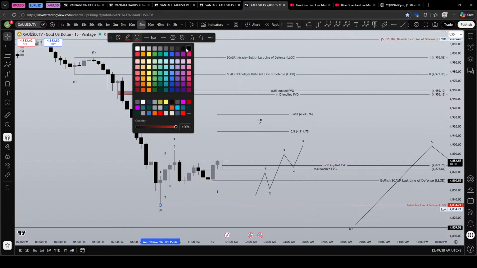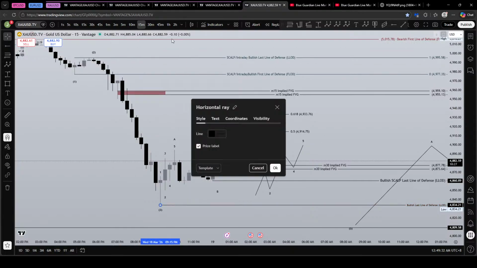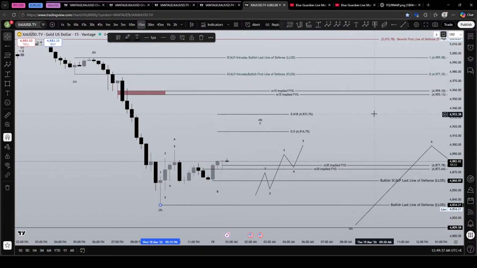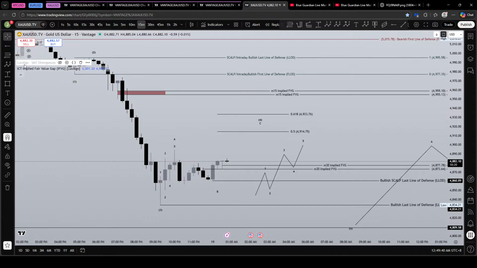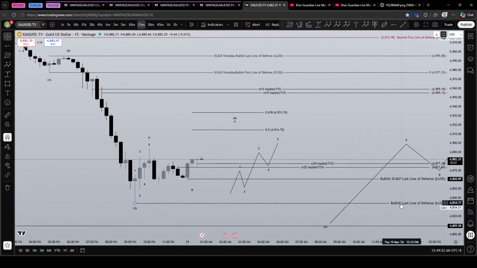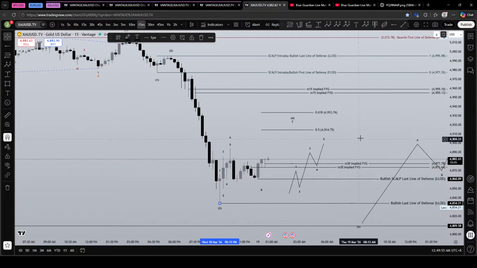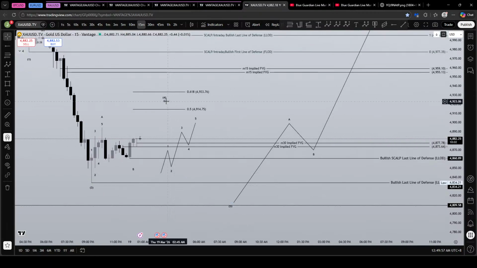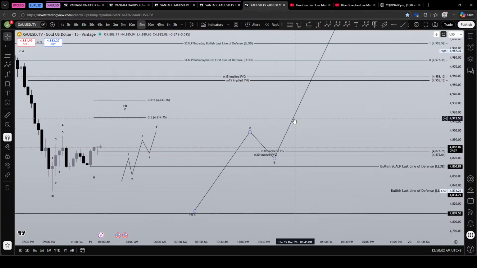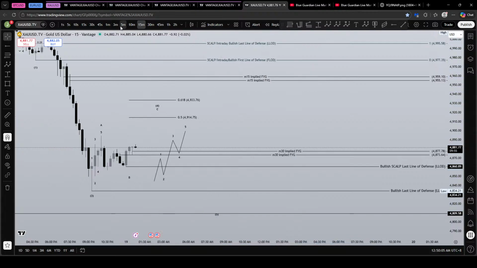Allow me to change this into a different color so that you will be guided accordingly. So one is just a scalp invalidation, and the other one is the wave 4 invalidation. The wave 4 invalidation, meaning once we break this one, then I am expecting the completion of the internal waves of wave 4 to 5 already. So from here, let me change it into